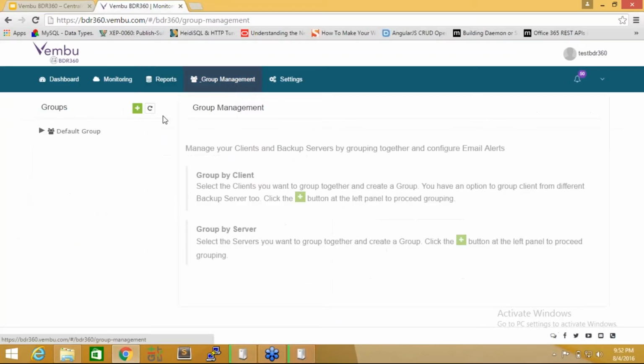Moving ahead, we have group management. The group management is useful for grouping the backup servers as well as clients. We have client level grouping as well as backup level grouping. While creating the group, we can schedule the emails for that particular group. For example,